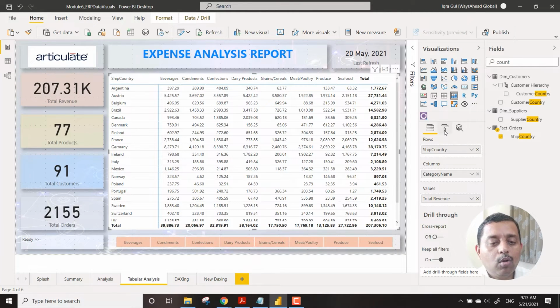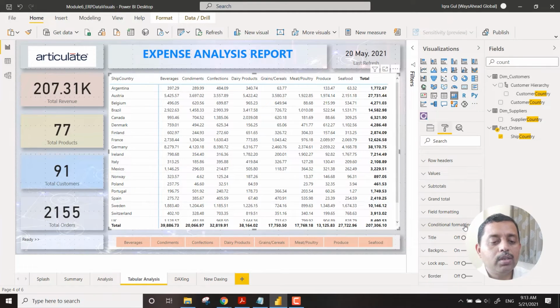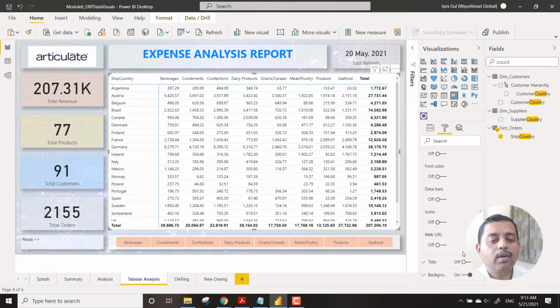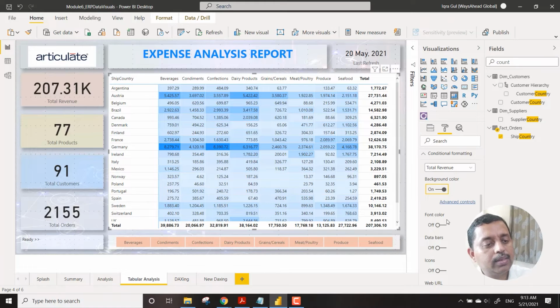Now we go back to the formatting option, and go to the option called conditional formatting, which is based on the revenue that it is showing. We have only the revenue, and we have options to bring in the background color, font color, and data bars. These are all related to Excel. As I told you, this is a combination of Excel, Access and PowerPoint, so you can see the look and feel of Excel over here. You say, I need background color, and automatically the entire place is filled with colors based on the depth or the volume of the data.